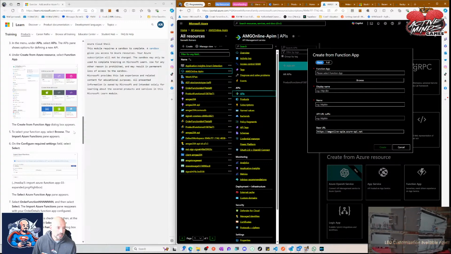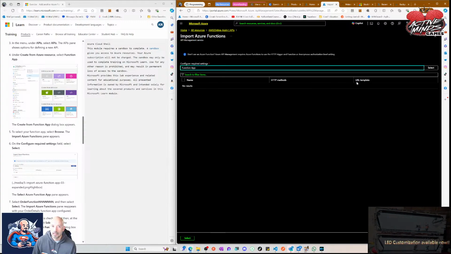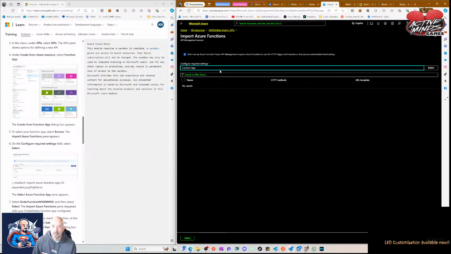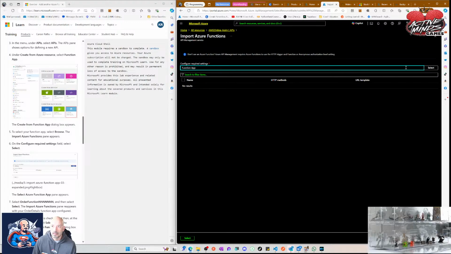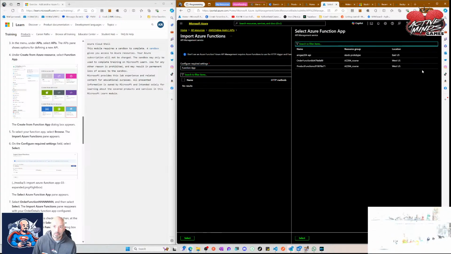To select your function app, select browse. On the configure required setting field, select